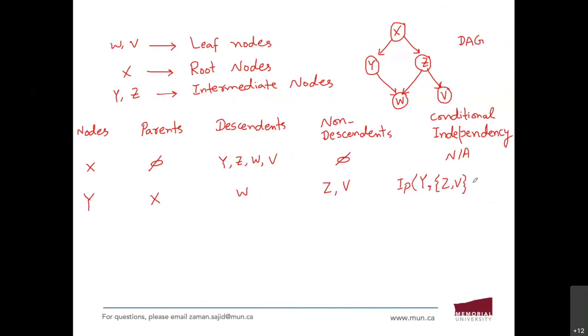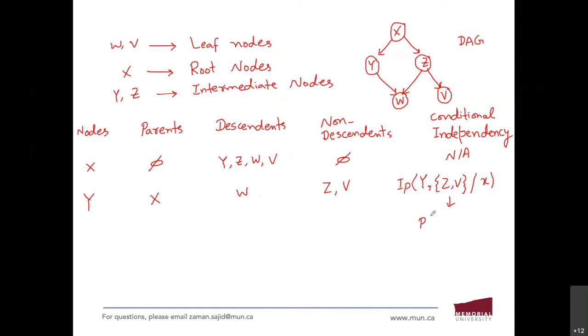Given that the parent of Y is X here. How do we solve this? If you wish to solve this conditional independency, it is converted into probabilistic terms, which is written as the